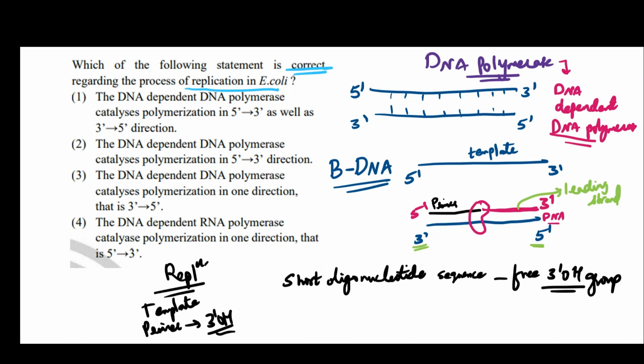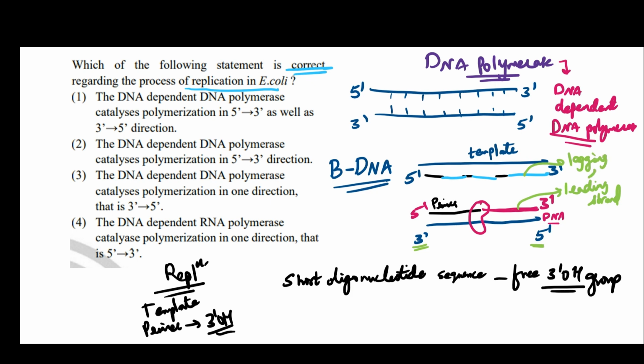Now let us consider this other strand which is from 5' to 3' direction. Does that mean that DNA polymerase now starts synthesizing from 3' to 5'? No. DNA polymerase always synthesizes the strand only in 5' to 3' direction. So you have primers which are added, and then there will be synthesis of the new strand in the form of short fragments. It is not continuous, therefore this strand is known as a lagging strand.